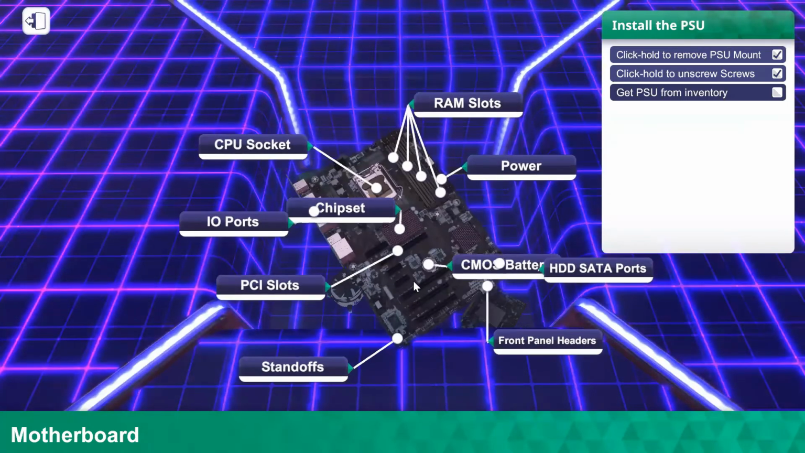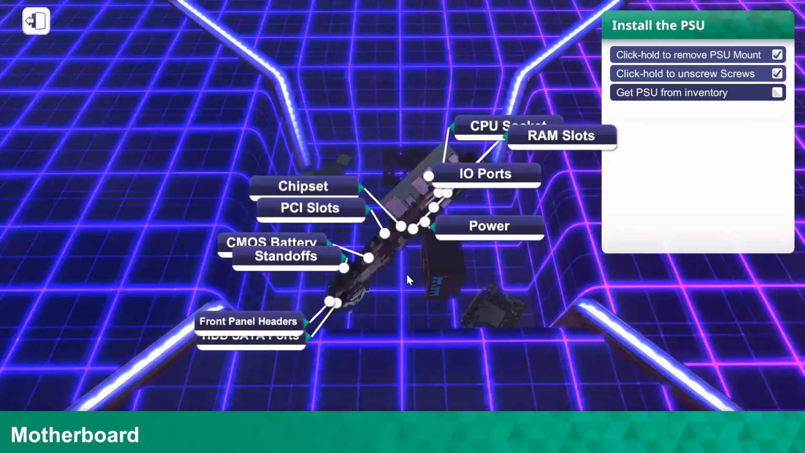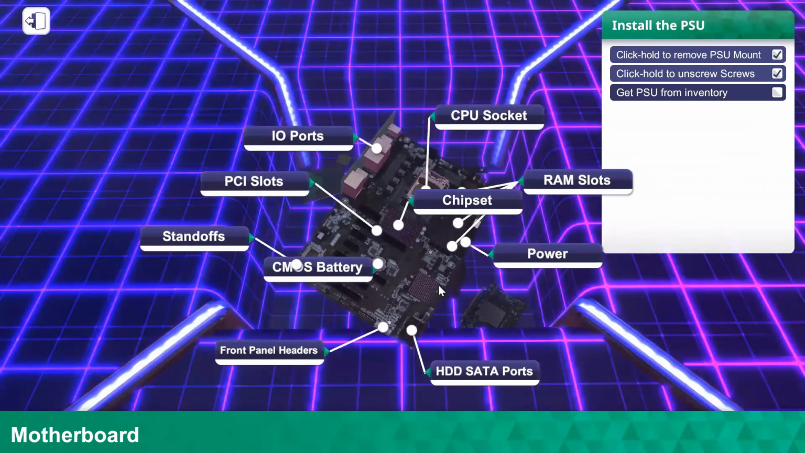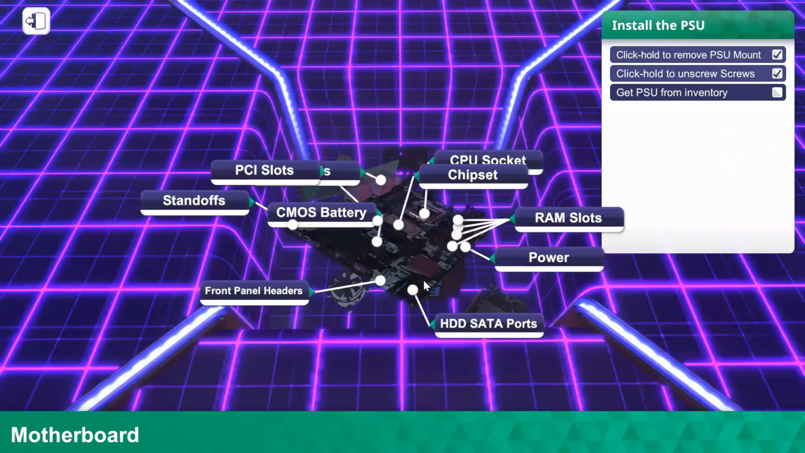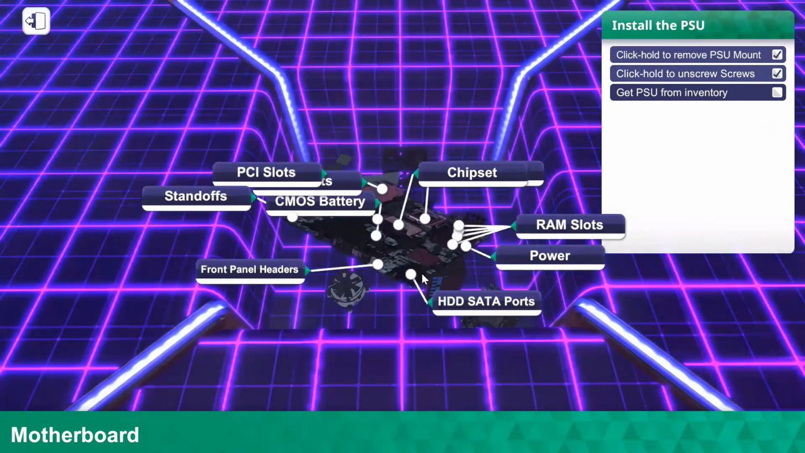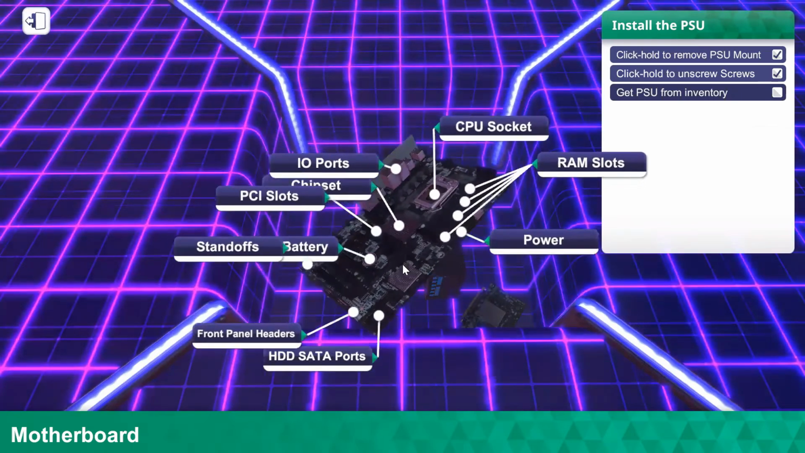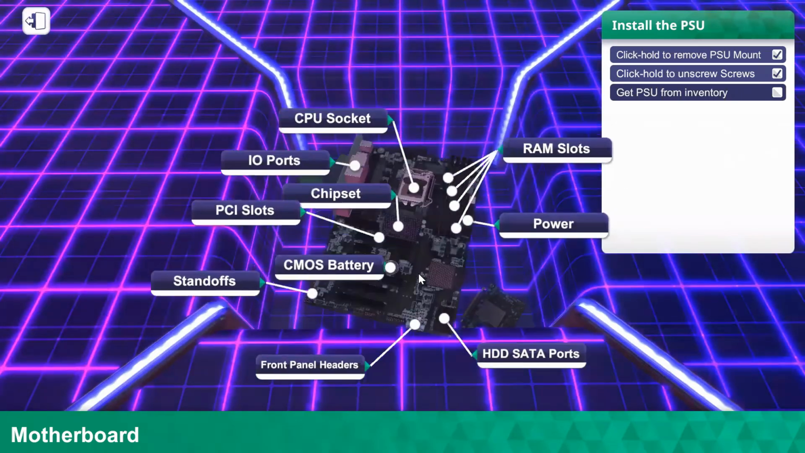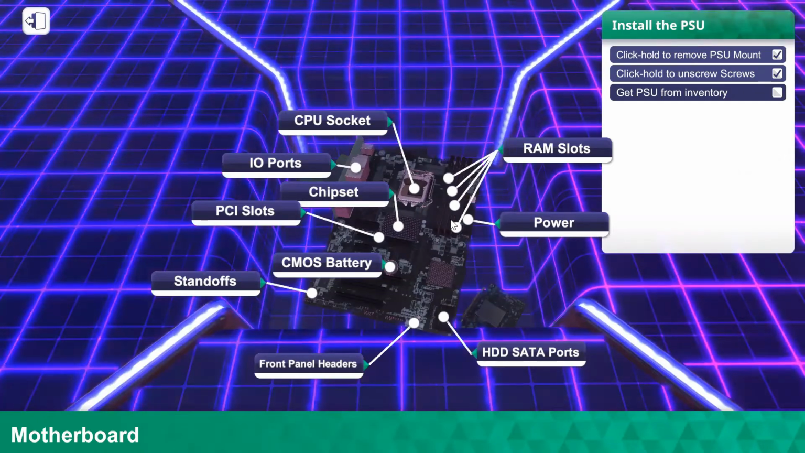And here are some ports to connect the data line which is coming from the hard disk, which we call HDD SATA ports, right? And it has another front panel header port, right? And these are the RAM slots